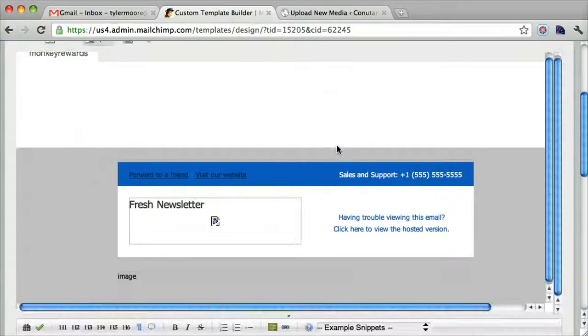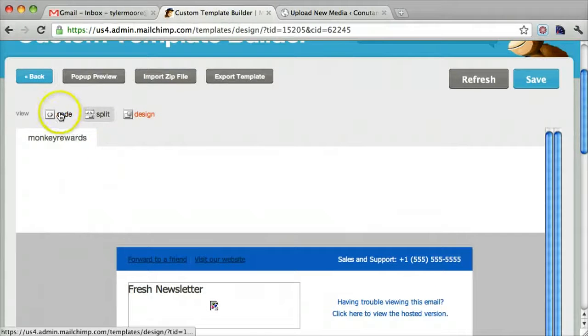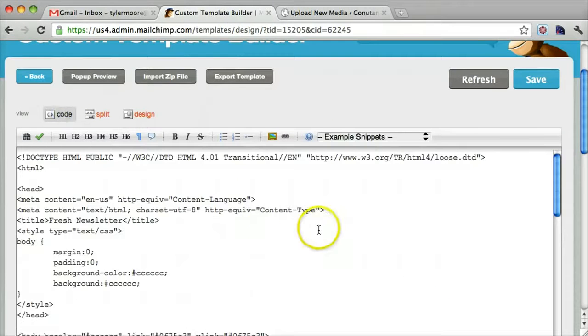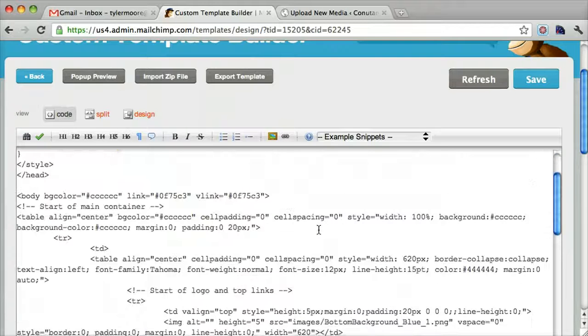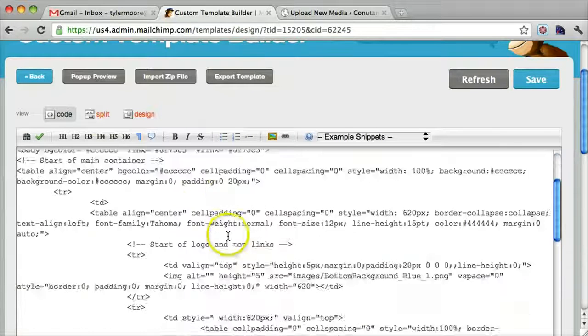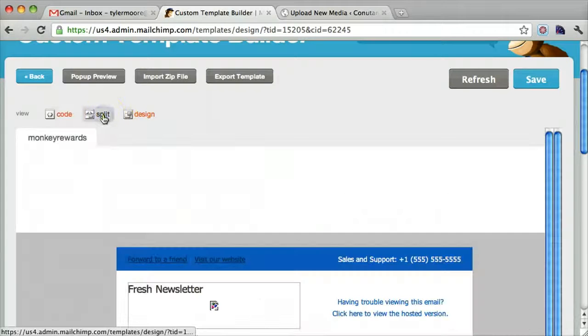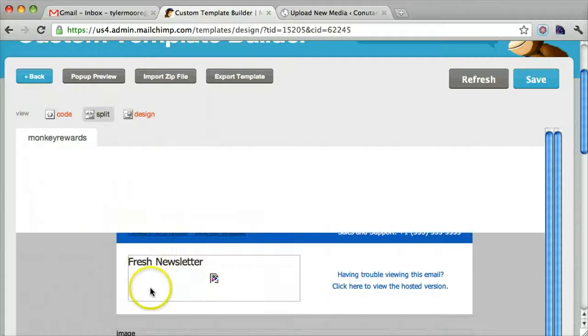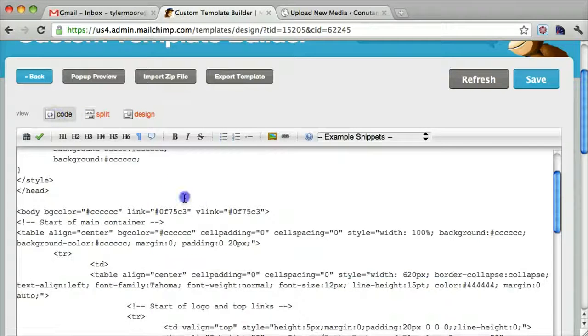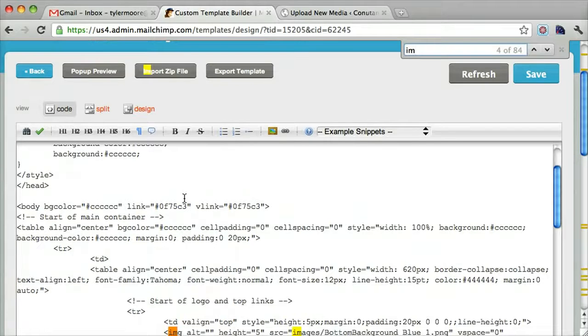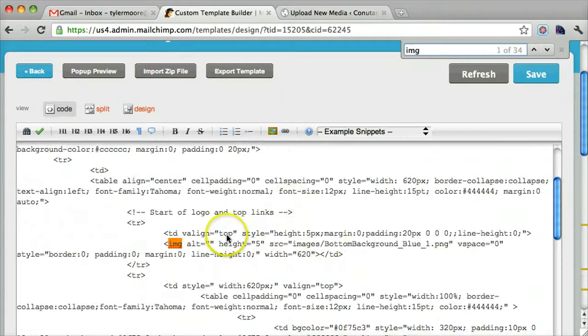And while we're waiting for that, you're going to want to go to the coding area, and this is all the code. So what we need to do is replace the images. So here's an image right here. It's probably like a logo or something, but you can search that by going to IMG, and you see that there's an image and it's called